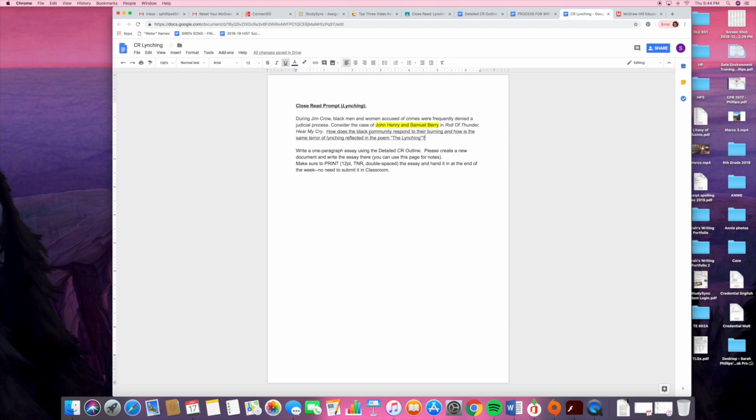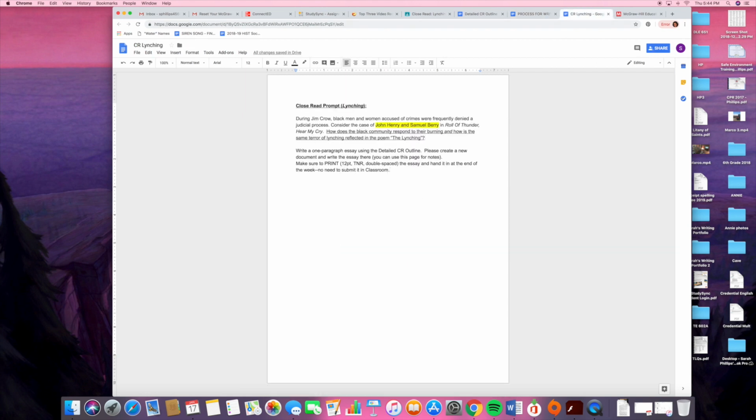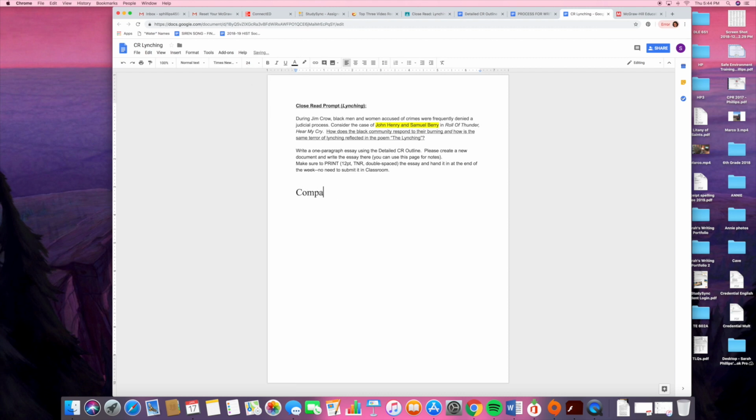Now, we just read the prompt. What's the next step? Write down in your own words what the prompt is asking. I'm going to do that right now on this page. So the prompt is basically asking me to compare. Well, let's make this a new font and a bigger font so we could all see. That's a good font. Okay, compare